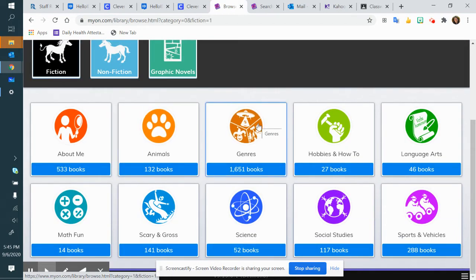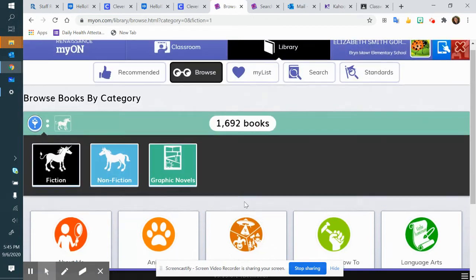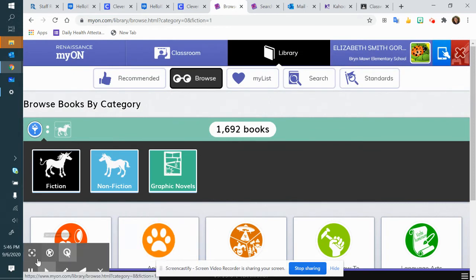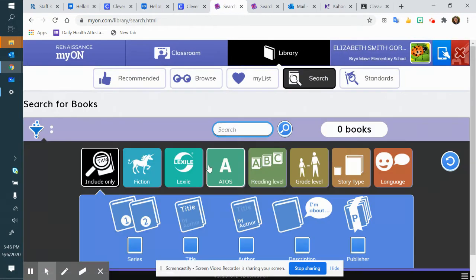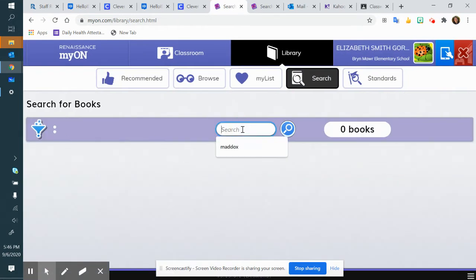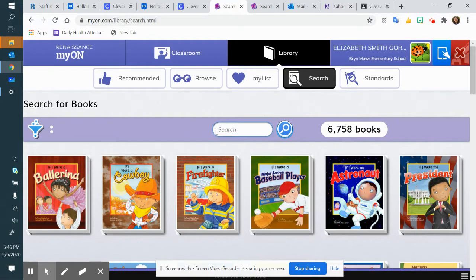If you click on genres, that's going to be the things like sci-fi or fantasy. You can look at sports, that sort of thing. If you aren't finding anything here, maybe you can check out the search. Now, you can search for something specific, right? And you can even search for nothing at all. If you want to find books by a specific author, or if you want to see all the books. I searched for absolutely nothing. Nothing was in here. And I found